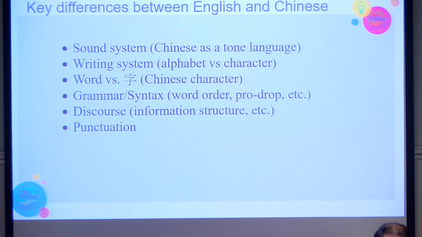And we also have this word versus 字 concept. In English we have words, but in Chinese we have 字. 字 may combine to form a new word in English, right? So it's very different. And grammar-wise, there are so many differences between English and Chinese grammar. Like word order, a lot of difference between English and Chinese. 作业做完了吗？OK,